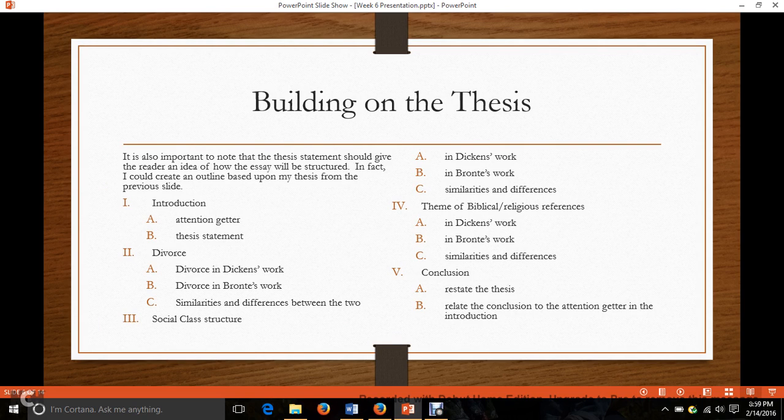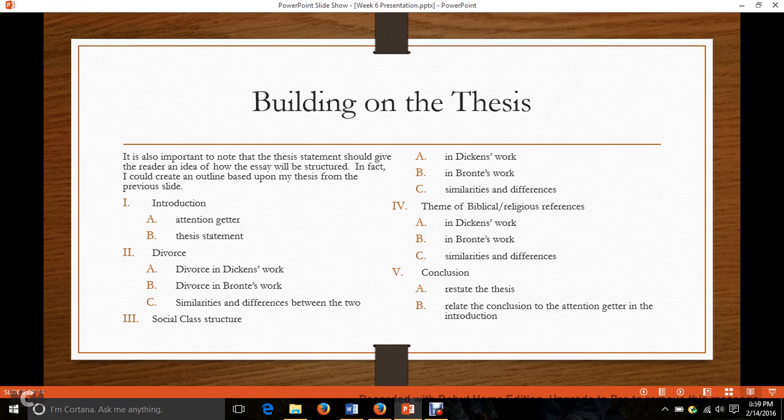And the cool thing about building a thesis statement, that's one of the reasons why I'm having you do that in the discussion board this week, is that you can take that thesis statement, break it down, and create a clear outline for it. And when you are creating an outline for a compare and contrast essay, you can do that in several different ways. There's a block method and a point-by-point method. So what I have up here